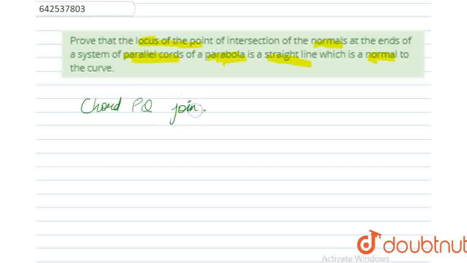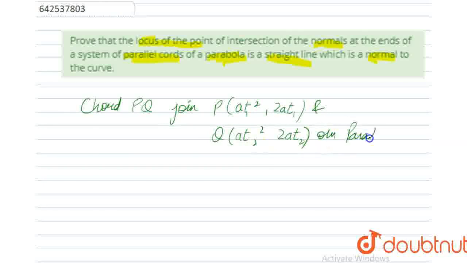chord PQ. Join point P, which we can consider as (A T1 square, 2A T1), and we can consider this second point Q as (A T2 square, 2A T2) on the parabola. And as we all know, the equation of the parabola, we can consider as y square is equal to 4ax, and then